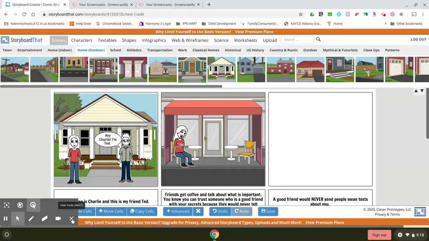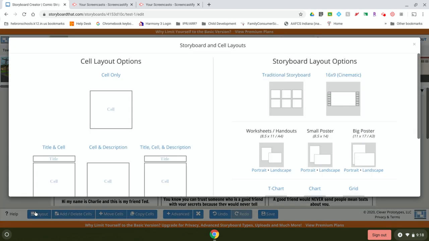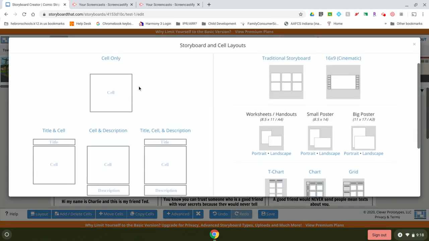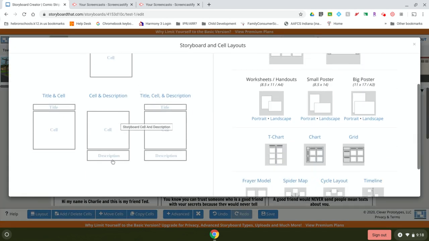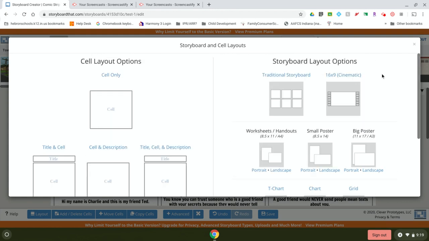All right, so this is the short intro to how to use Storyboard to make your friendship project storyboard. First things first, you're going to want to go to Layout and click your cell layout option for cell and description. That way you have an area to write your sentences, and then your supporting picture can be added in the cell. You can also change the layout option, but for the tutorial, we're just going to keep with